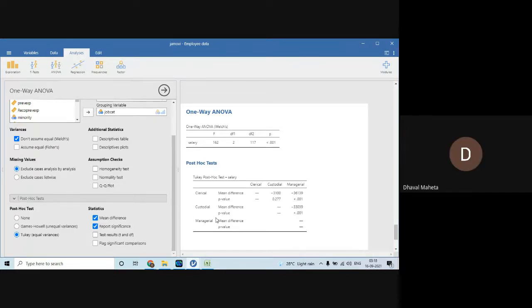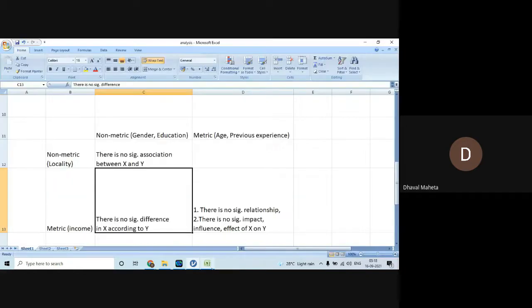Now see here the p-value. As the p-value is less than 0.05, we reject the null hypothesis. What was our null? The null was this: there is no significant difference.